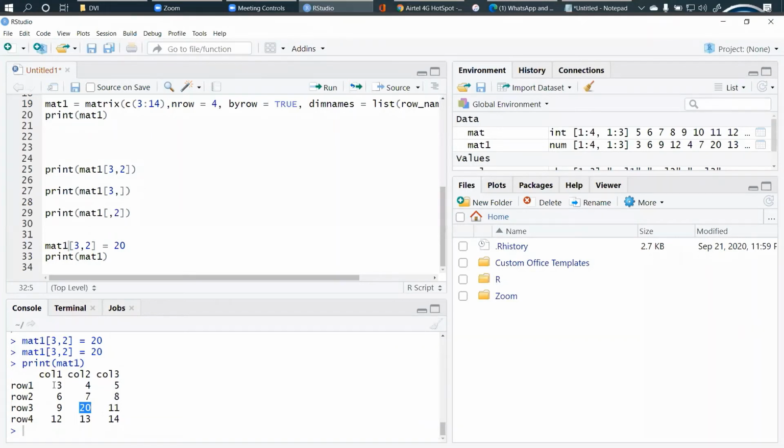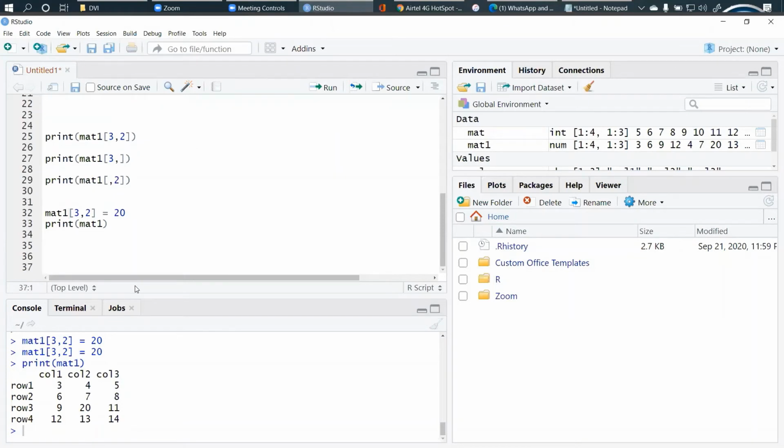So apart from this, relational operators in matrix, you can also see we have some different elements. We have seen that we can replace a particular element. Right now we'll see that we can check those elements which are equal to a value and only choose those, right? I'll show you here. If I use the matrix name first, then matrix 1 equal to 11, find those elements which are equal to 11 and replace them with 0.